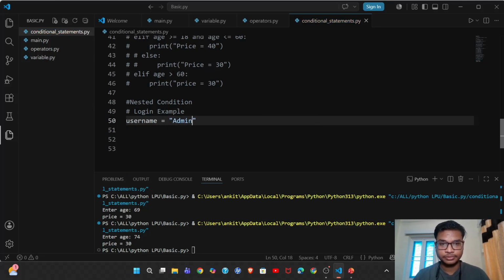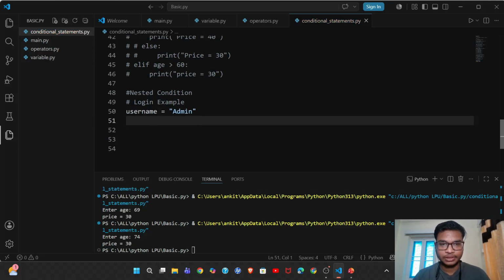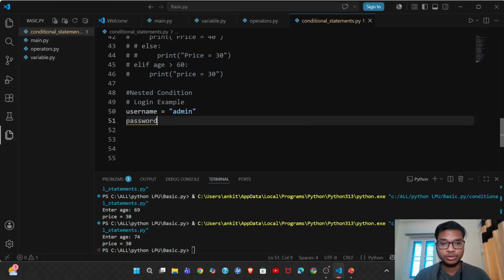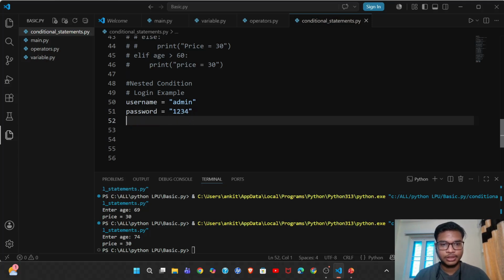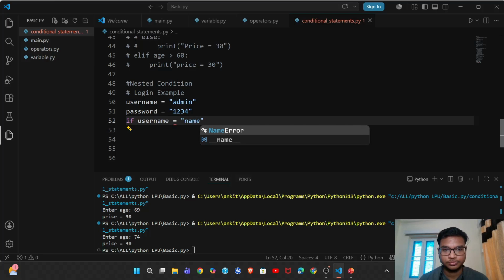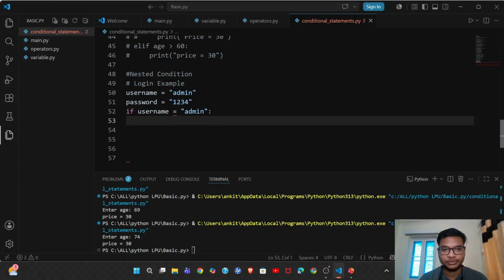That was admin, and password equal to 1234. Correct. And then now create the logic. If username equal to admin, then